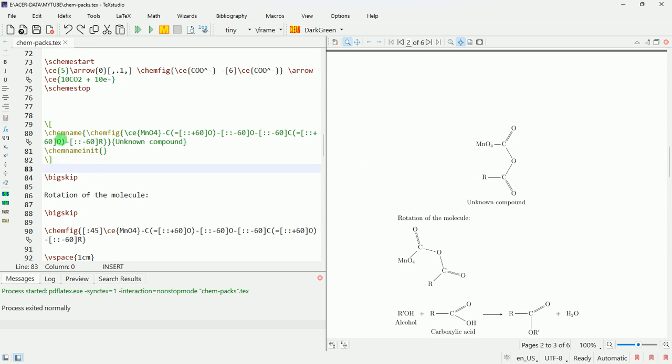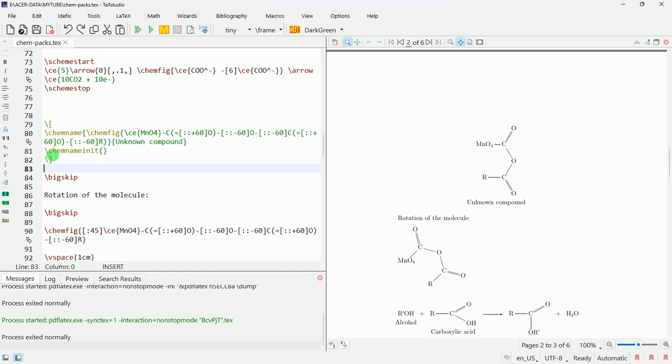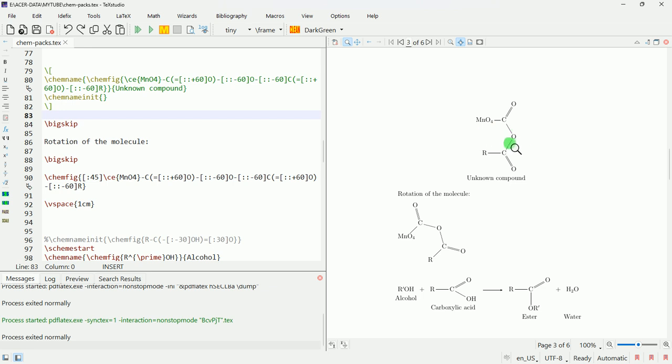So this chemname command is used, and one thing: whenever you use the chemname command, it is better to reset the chemname level like this. After finishing everything, this command has to be written, chemname init and then blank curly brackets. Okay. Then if you want to rotate this molecule